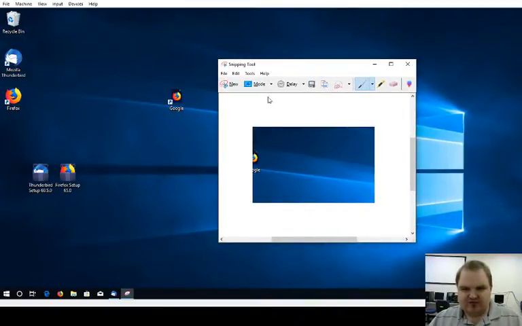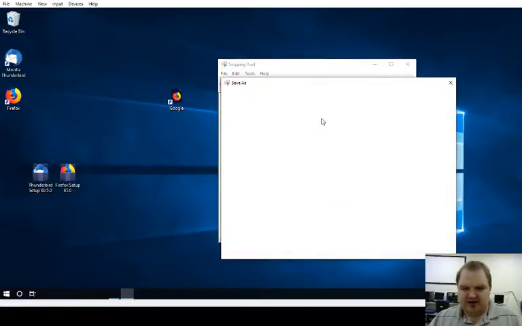Now what can you do with this? Well, let's say that there's something here that you want to highlight. You even have the option to come up here and, using the highlighter, say, hey, this is really important. Hey, there's a little icon over here. That's really important. But even if I didn't want to do all that, what I use it mainly for is you can either save this as a picture anywhere on your system,